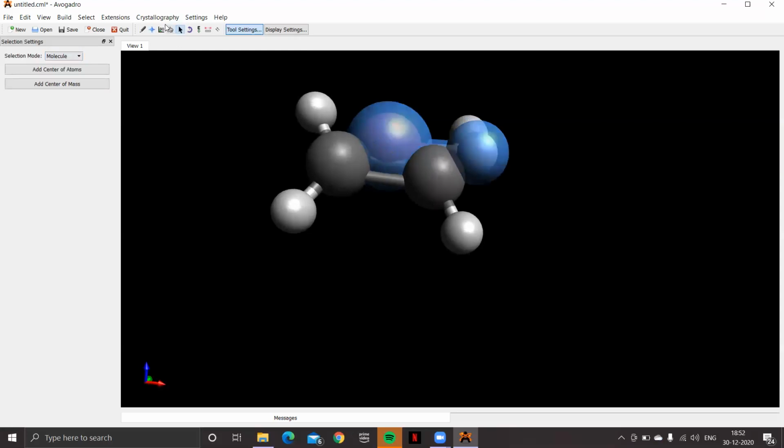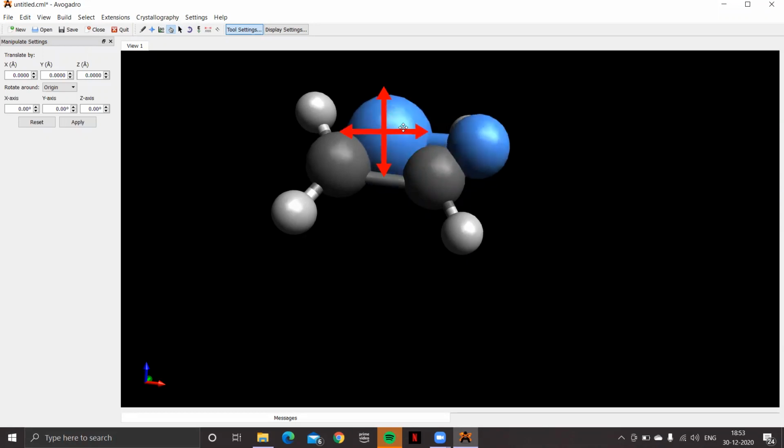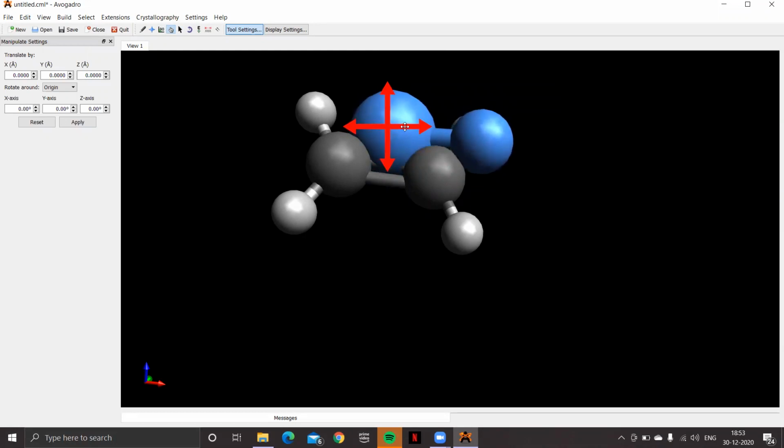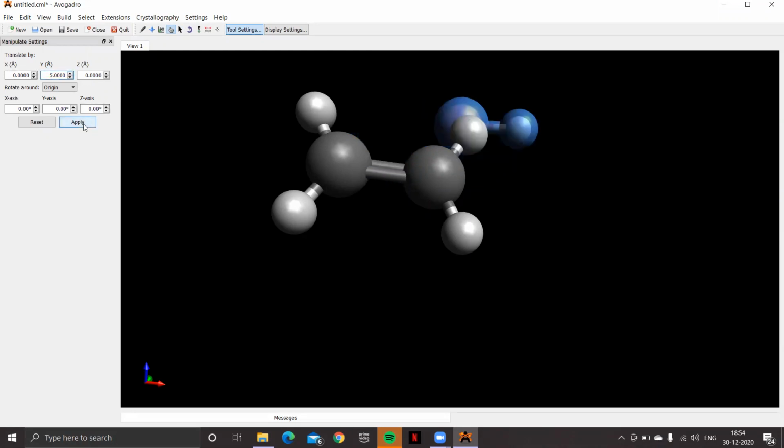So go back to the manipulation tool, select the manipulation tool, and now the selected molecule can move to another position. You can do it this way, or you can take the help of this translate tool. In this translate tool, if I put a particular value, for example, let's put the value along the y-axis 5 angstrom, and then apply.